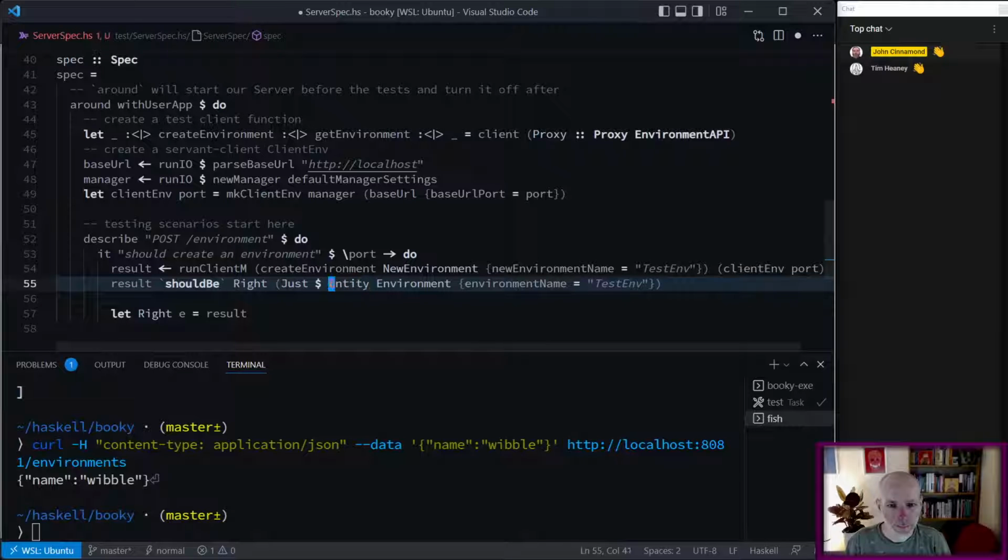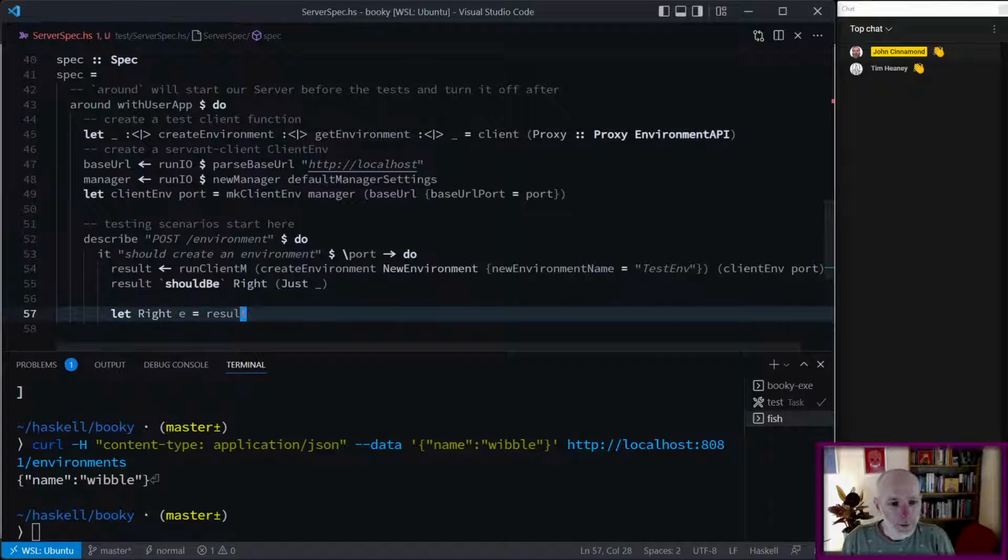I can do some long-winded way of saying it should be just E. In fact, we don't even care what that is, right? And then we can say